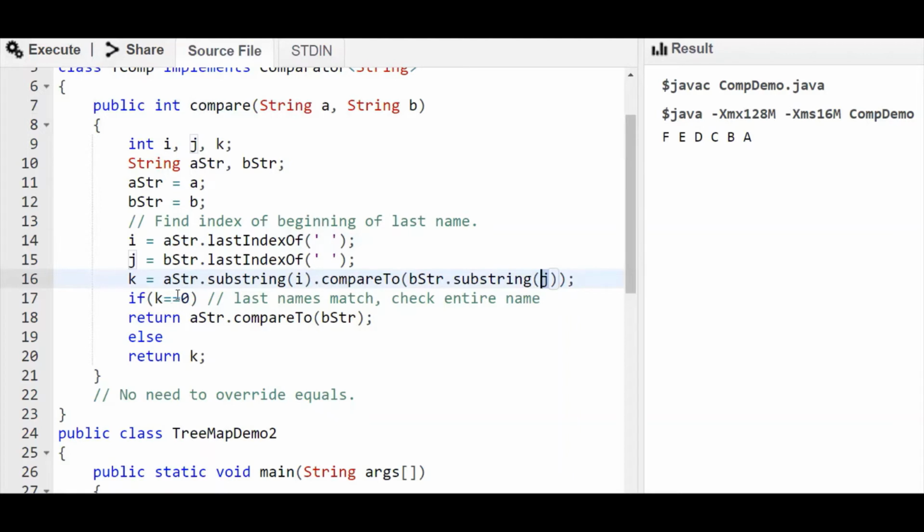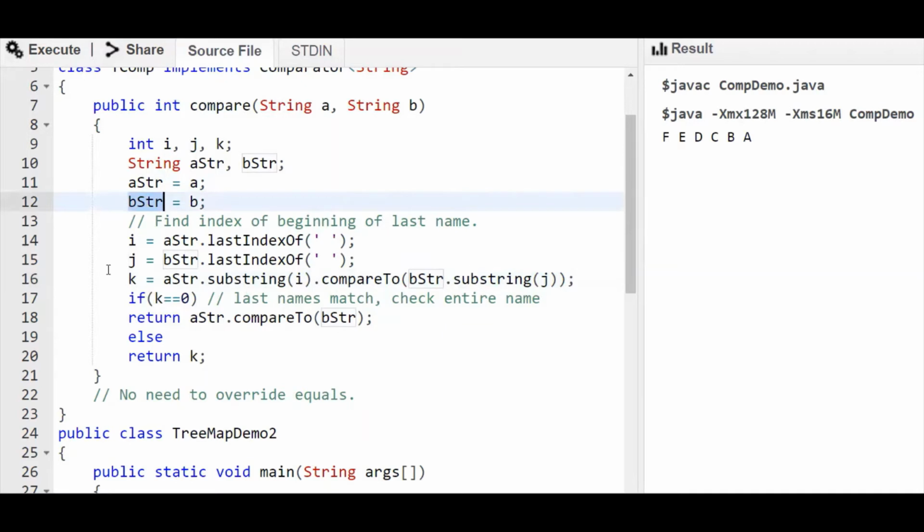So if k is 0, which means the last names are the same, then we must sort based on the first name only. Then we can specify aStr.compareTo(bStr), else we'll return the k value. So if the last names are the same, the sorting will happen on the first name.